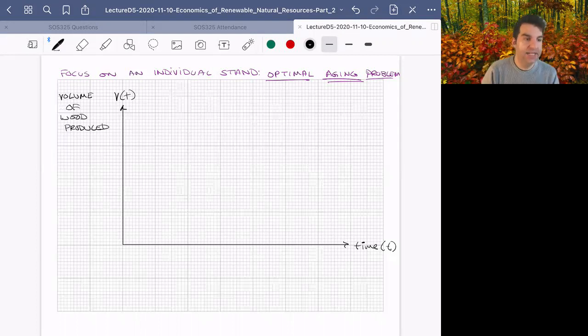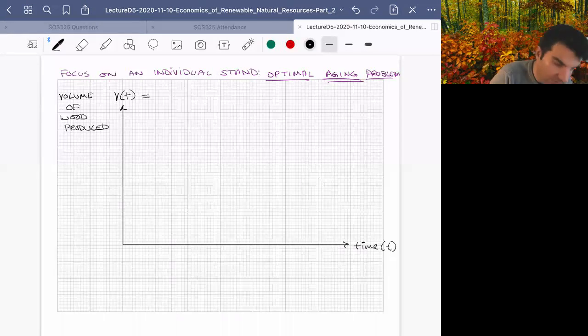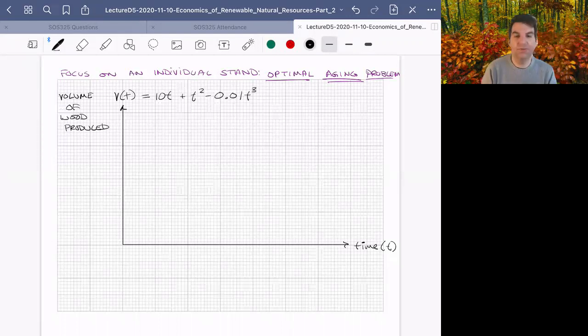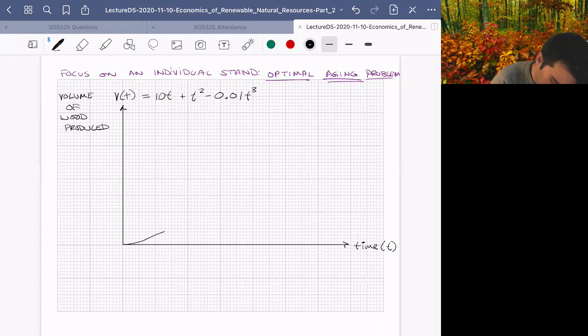And so this volume might look like a function like this one. This functional form is not meant to make anyone feel anxious or anything, just saying that you could imagine there is some statistical model that someone's fit and decided that this was the best shape. And if we plot that out, it looks something along the lines of this. So if I concentrate, maybe I can get something that looks halfway decent,